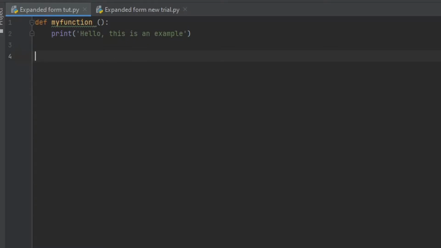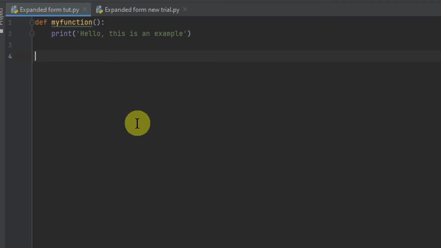The issue here is when the program is run, Python goes through the function and sees that there is some code that is saved in this function that is called my function. So this code is not run. Python just sees the code and says, okay, this is the code that I need to run when my function is recalled. Here we don't have to keep a space. It is up to you. You can keep a space, it's not required. So this program is going to output hello, this is an example.